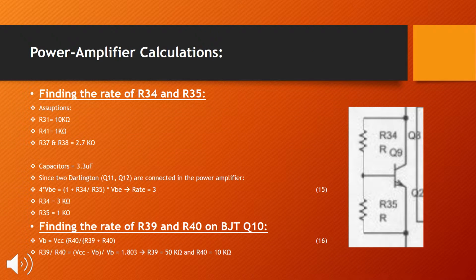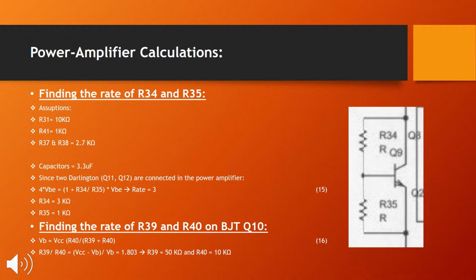For the power amplifier, we assume that R31 was equal to 10K, R41 equal to 1K, and R37 and R38 equal to 2.7. And all the capacitors for this section, we assume that they were equal to 3.3 microfarads. Also, since two Darlington pairs were used